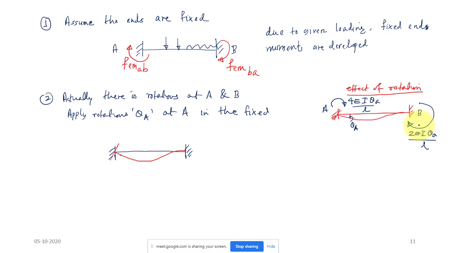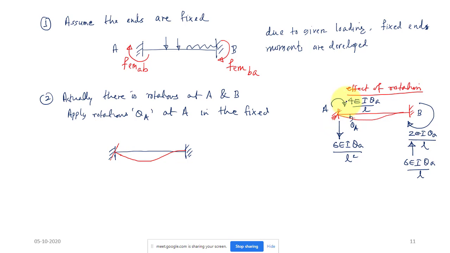So you can also find out the reaction. There will be some reaction. You know the moment, you can take moment about this, which should be 0. This is clockwise, so to balance that you should have a downward force here. So you can solve that already. You have to see the derivation if you have doubt. I am giving the result of all this effective rotation. This is the reaction you are going to get, and here we are going to get it upward, because this downward must be balanced by upward, as there is no other external load in the structure. So the total vertical force should be 0. So this should be equal in magnitude but in the upward direction.